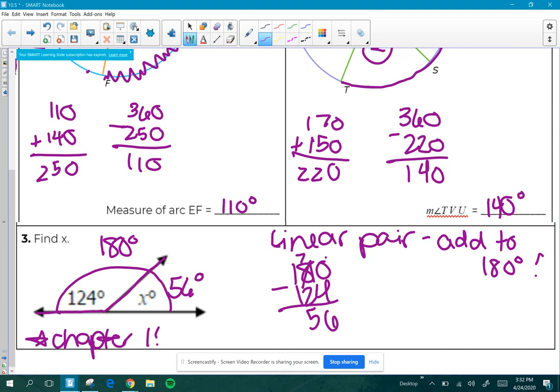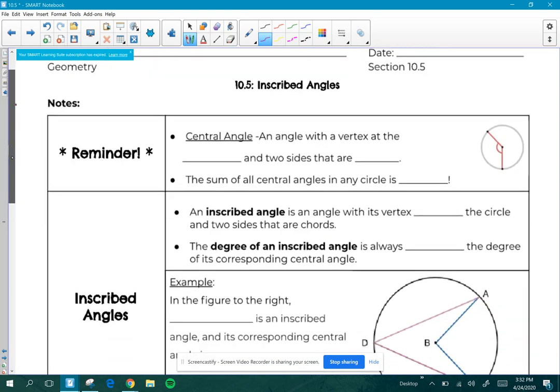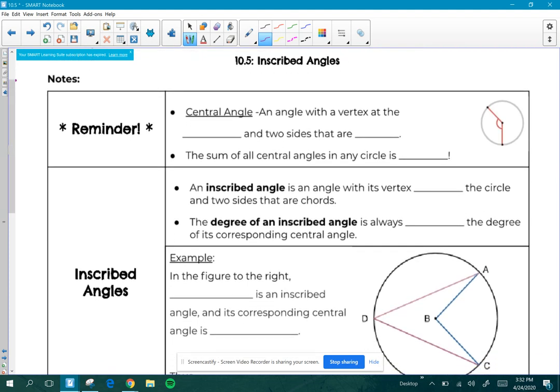So linear pairs, they've come back this whole time, but they do keep coming back throughout the remainder of geometry. So this is just a little refresher before we actually get into the lesson. All right, so now we're going to talk about inscribed angles. So this is a term that you haven't really heard before. It wasn't in your little cheat sheet because it's an extra component that I wanted to save until now to